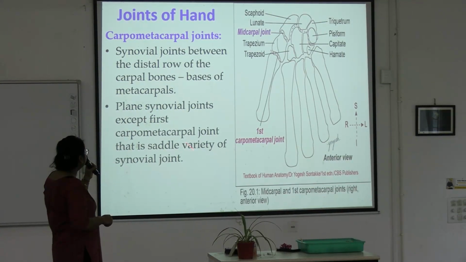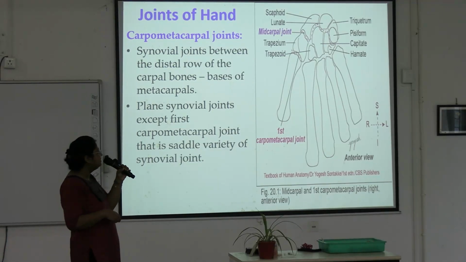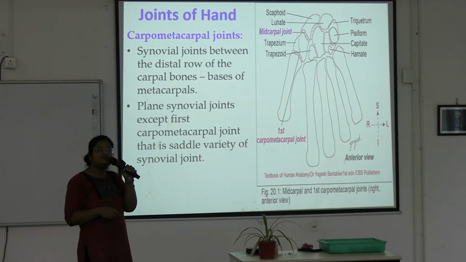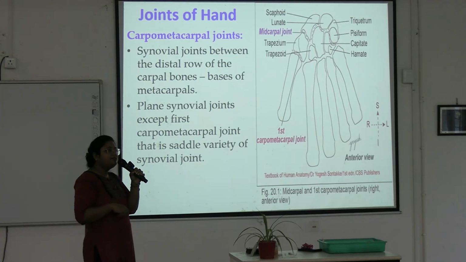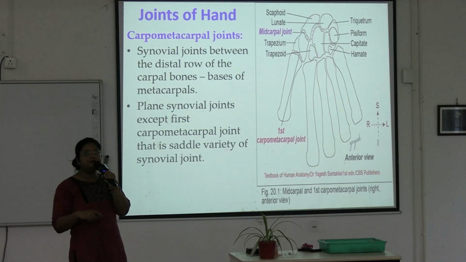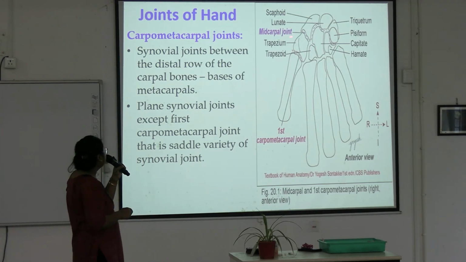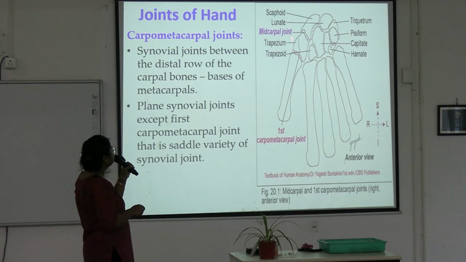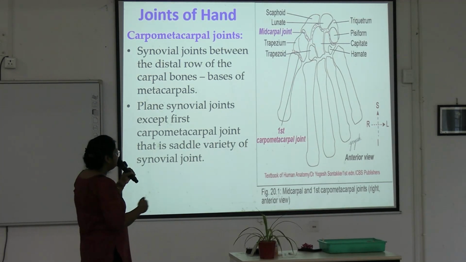Okay, this is different from other joints, that's why we are discussing it separately, and other movements are also occurring in this joint, that's why it is important. Okay, the first carpometacarpal joint can come as a short note in your theory. Okay, so here is the first carpometacarpal joint occurring between the trapezium and the base of the first metacarpal bone. Next,